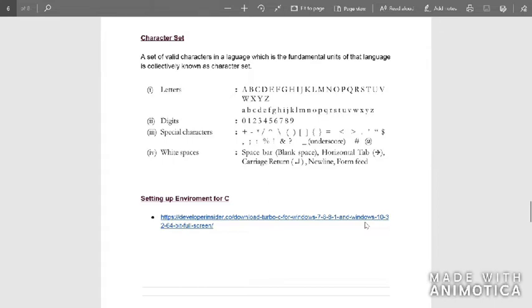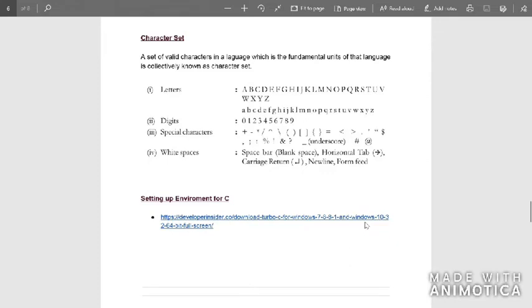Here we are going to be using alphabets, that is both capital alphabets and small letter alphabets, and then there are going to be digits, that is 0 to 9. Using 0 to 9 you can form any number, and there are going to be special characters. Special characters are plus, minus, star, slash.